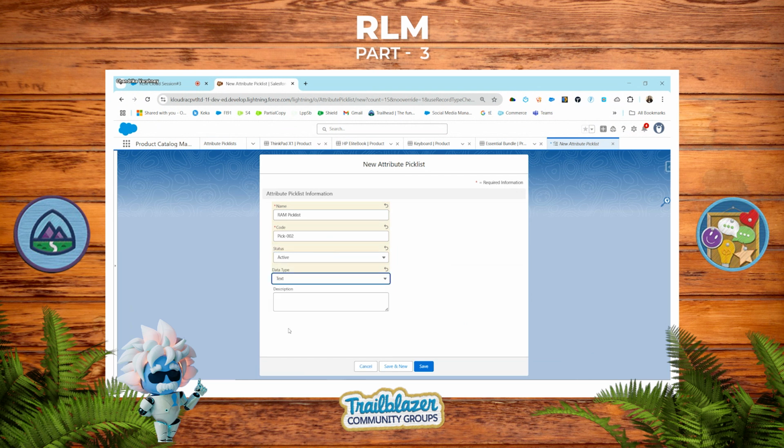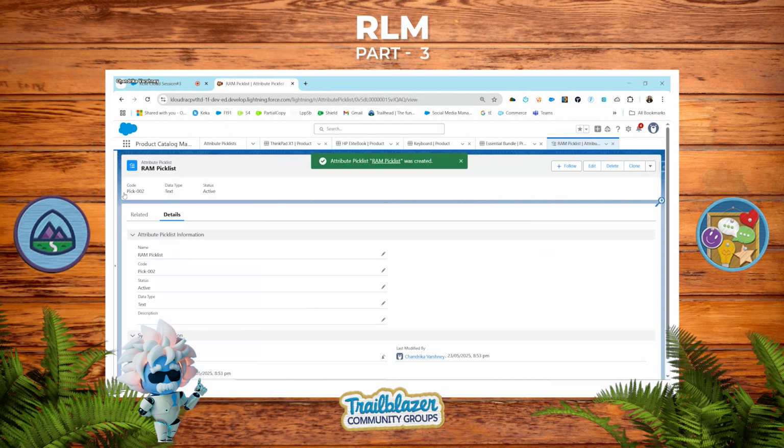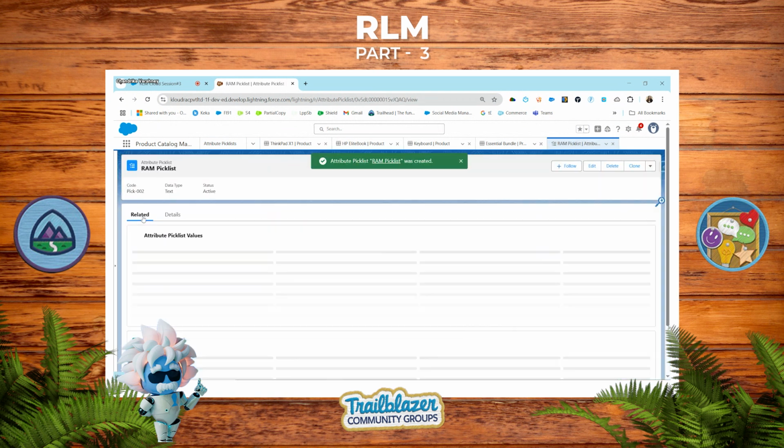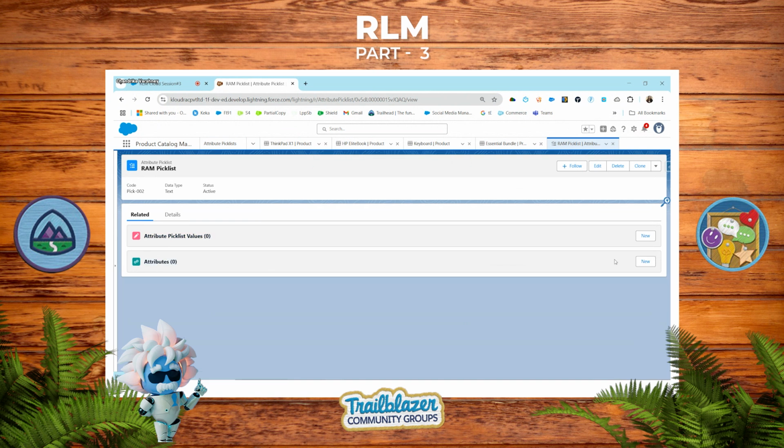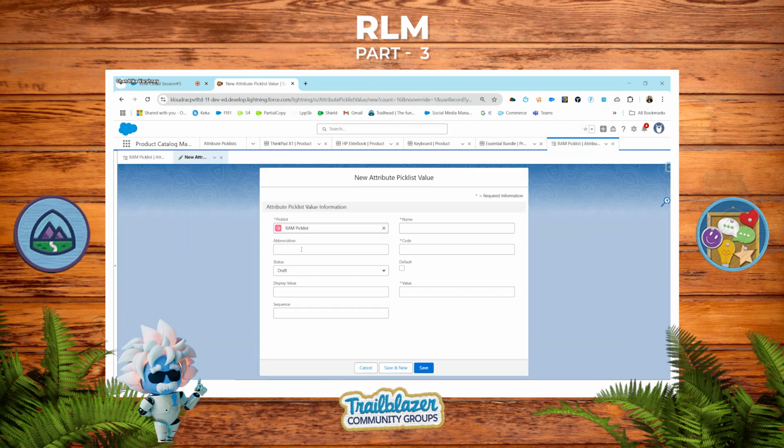And the data type should be text. Under this pick list, we have to maintain three pick list values here. The first is 8 GB. Make it active.